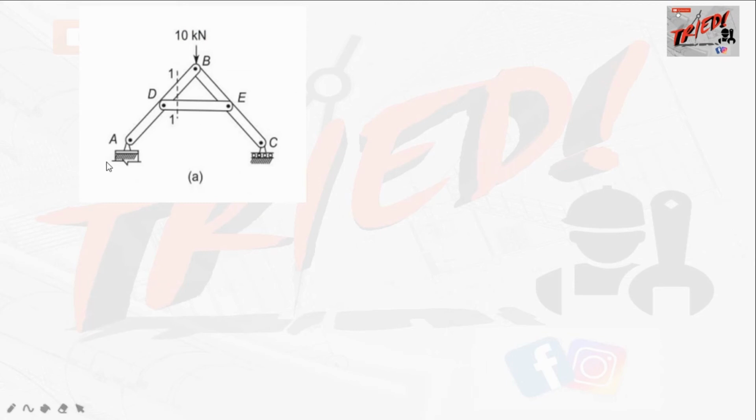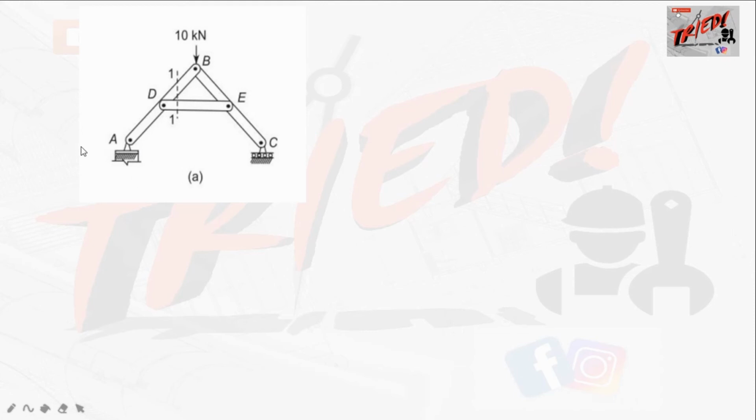Okay, so the last one I have is this one, which is a bit simple. You can try it by yourself, or we can do it together. So for this one, let's start by identifying this kind of supports that we have. So for this one will be a bit simple, because we can see that we have our hinge support and our roller support. So we know that on our hinge support we are going to have two reacting forces, that is in the X